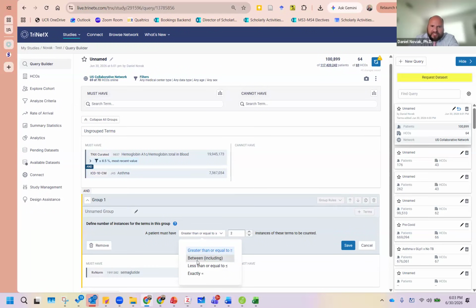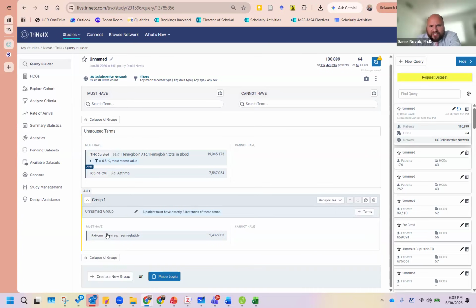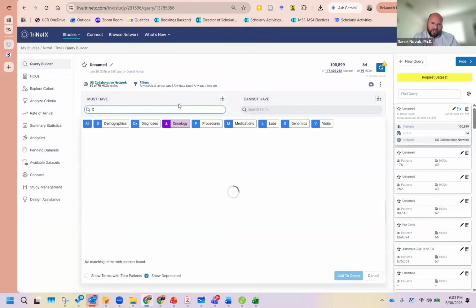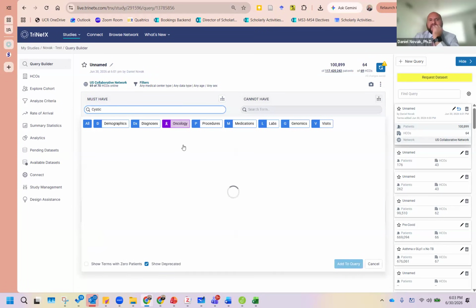You can have like, between two and three, if that's some meaningful magical number in there, two and three doses of an antibiotic or two or three prescriptions for an antibiotic. Less than three or greater than three or exactly three, depending on what fits your study. So you can use this. When you do that, it will make sure that this person has exactly three instances of semaglutide in here. This is actually useful. One reason that this can be useful is,